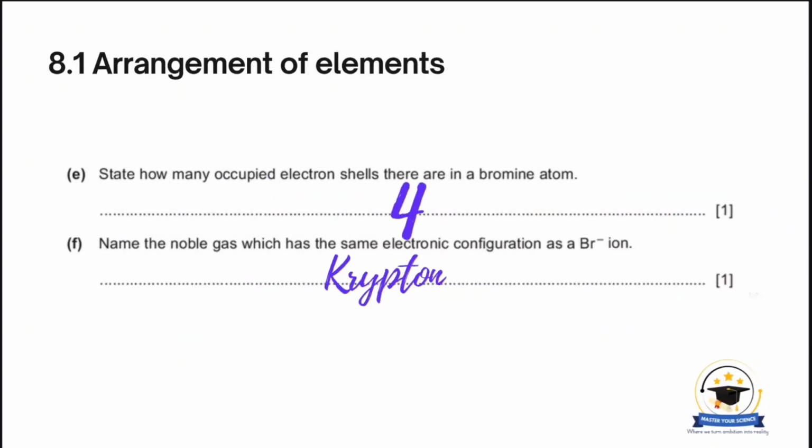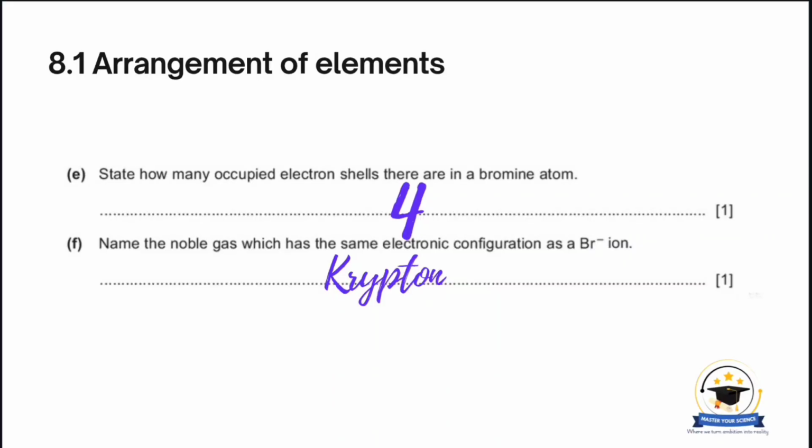And then state how many occupied electron shells there are in a bromine atom. So there are 4. Bromine is in period 4. Then name the noble gas which has the same electronic configuration as a Br- ion. So that would be krypton,